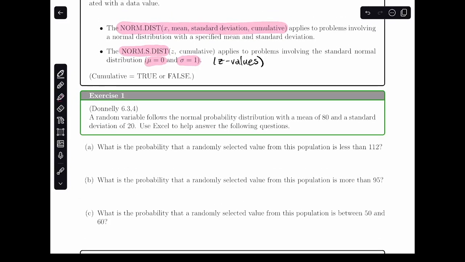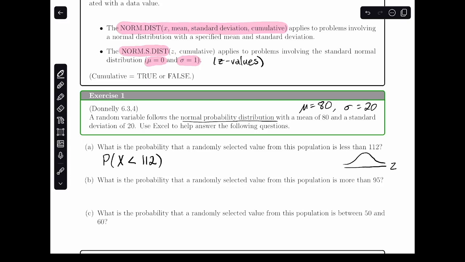So in exercise 1, we have a random variable that follows the normal probability distribution, with a mean of 80 and a standard deviation of 20. And we want to use Excel to find some probabilities. In part A, it says, what's the probability that a randomly selected value from this population is less than 112? So here we have our little curve, our symmetric